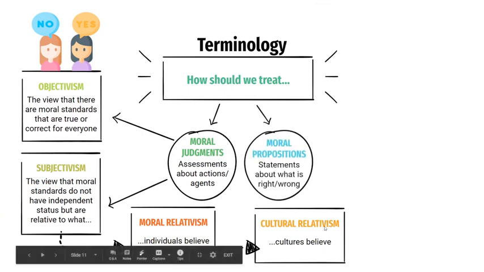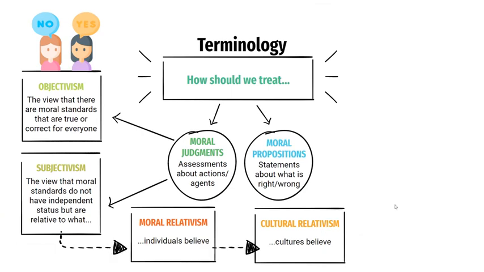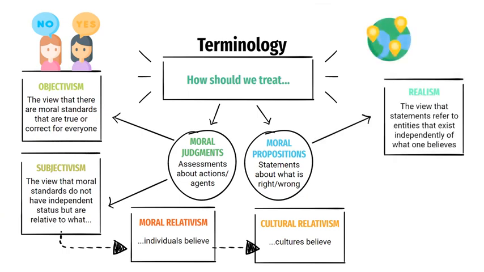Now, a recurring problem for cultural relativism is that a culture could think that exterminating an entire group of people would be permissible if a majority of them thought so. I mean, we've seen that in history. It's called ethnic cleansing. It's called the Holocaust, things like that. So there are some problems with adopting cultural relativism, at least philosophically. That doesn't prevent people from being relativists, but we should recognize that relativism, like other moral theories, has problems that need to be addressed by the proponents of that view.